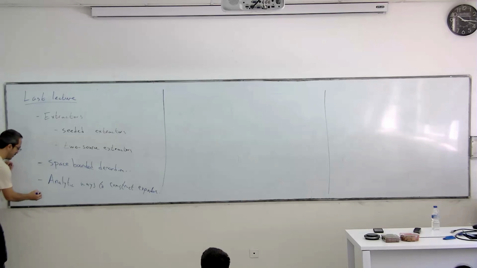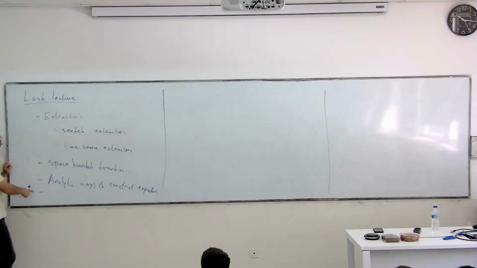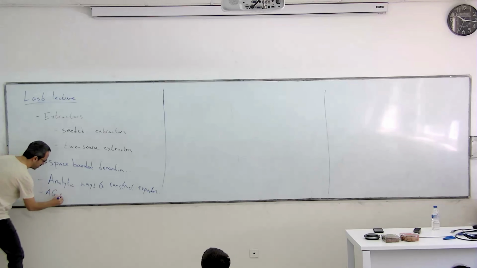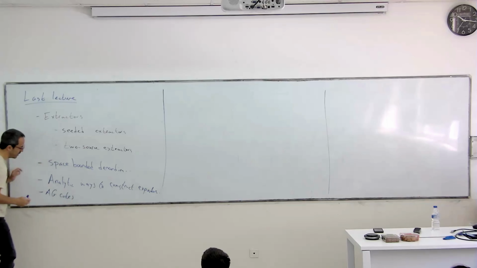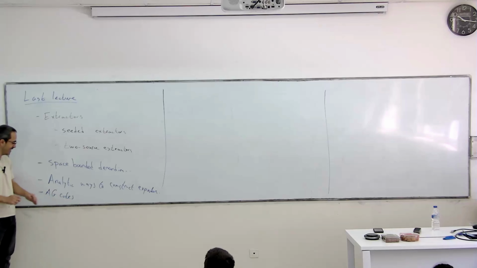And then I can't help it. I'm going to have to talk about a breakthrough that happened 55 years ago or something, started like this one, and that's AG codes, algebraic geometry codes. The math underlying AG codes is, honest to God, the most beautiful mathematics in existence.